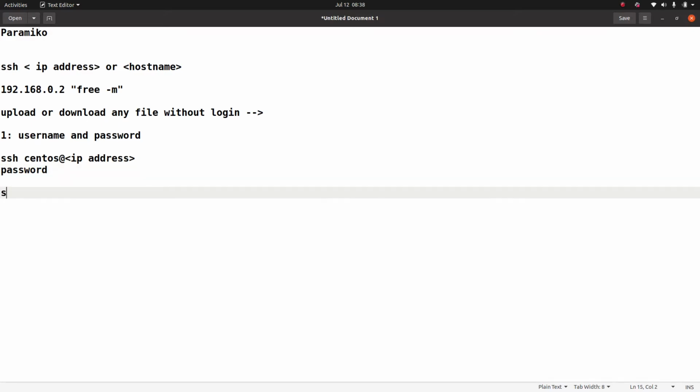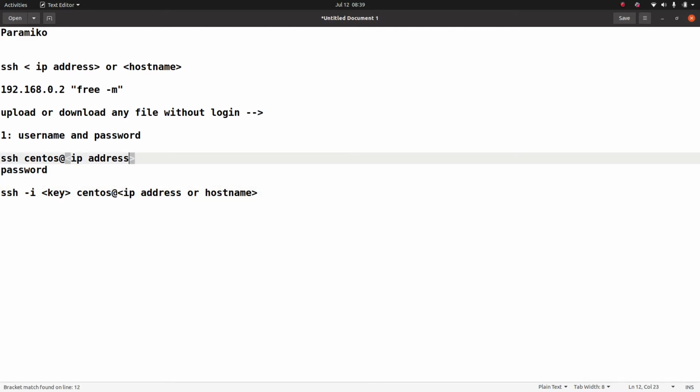The second way, which is mostly used in the cloud environment nowadays, is to pass the cryptographic key. So I can pass the key and then supply the IP address or host name of that machine.